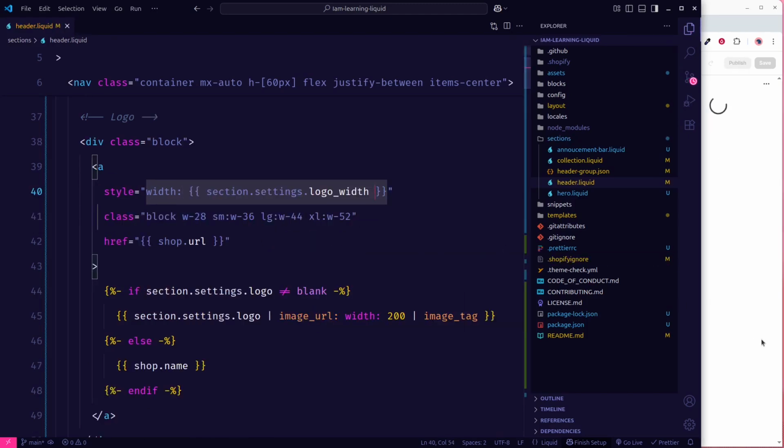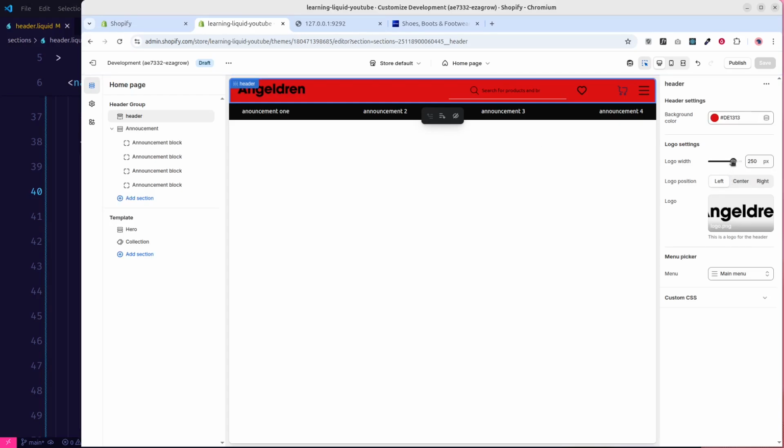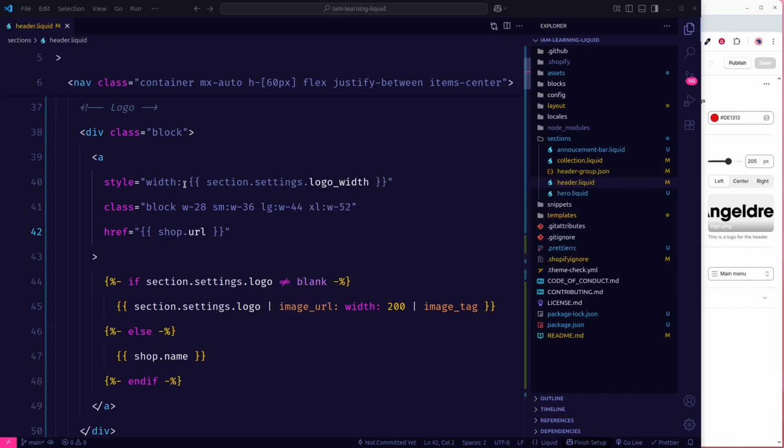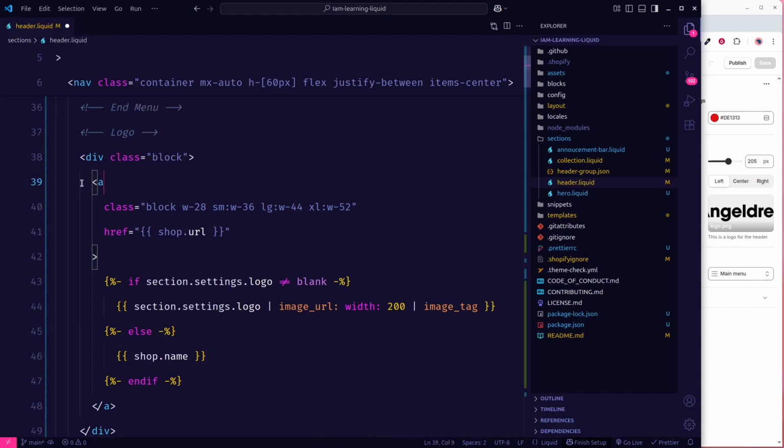And if I save it, somehow we can now manage the width of the logo. But I think the best way to do that is to apply this logo width inside this width, so that it is more dynamic. So how to do that? I can take this, let me just cut this one, remove this inline style, save it, and I can